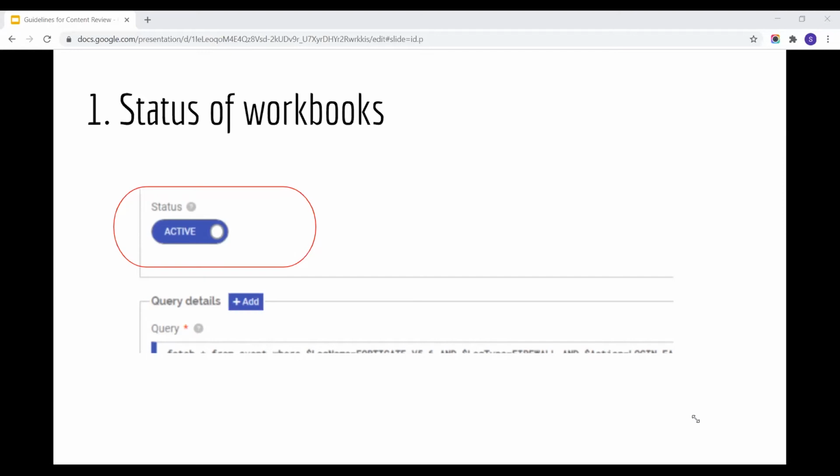Now, let's take an example of why this is critical: the NIF health check workbook. This workbook shall alert your security analyst of any anomaly in the disk space, memory, or CPU usage, etc. First of all, we highly recommend you make use of the default package that NIF has made available. And secondly, make sure that the workbooks are all active.